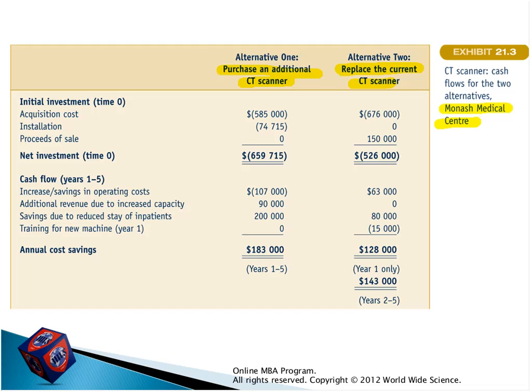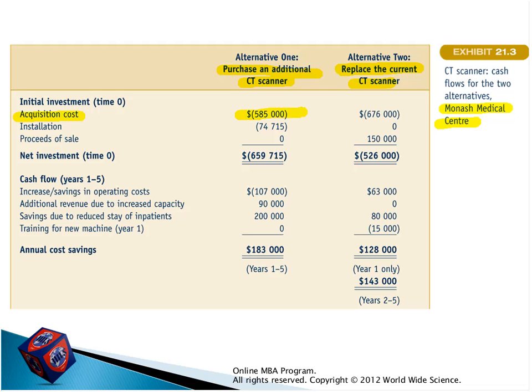First of all, we are going to see the analysis of the project based on the cash flows: how much we spend on the project and how much we would get in profits. First comes the initial investment, how much we invest in the project. Acquisition cost is the price of the CT scanner itself. If we buy an additional CT scanner, it will cost us